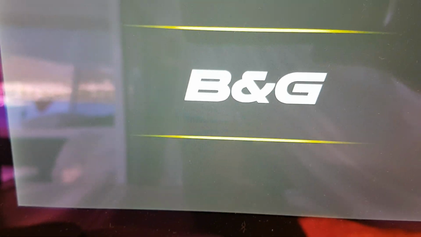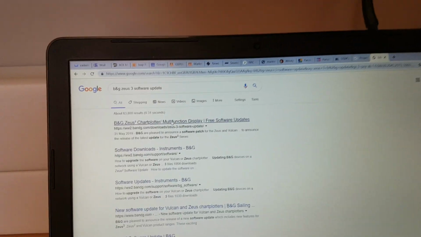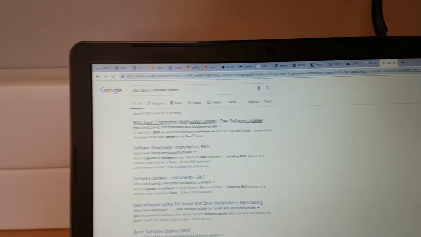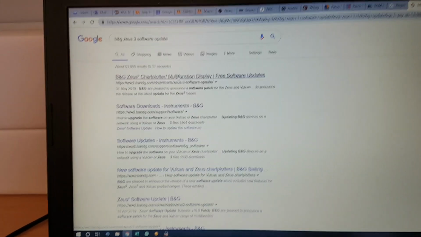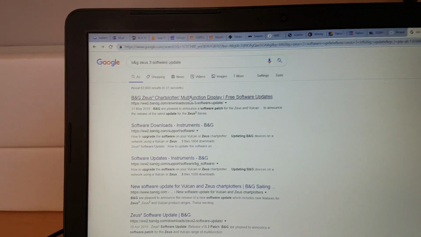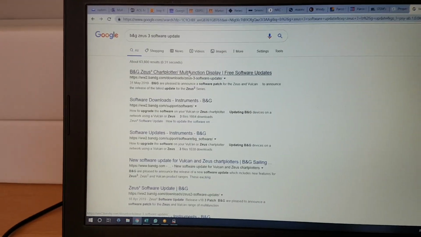If this is the only screen you get on your BNG startup screen, then you have a problem that might ruin your whole holiday, like it nearly did mine. I was going on the 10th of July and all it would do is display that screen. I've got the solution. It took me half a day and I was lucky enough to have an ex-NASA engineer on board who hacked the system.